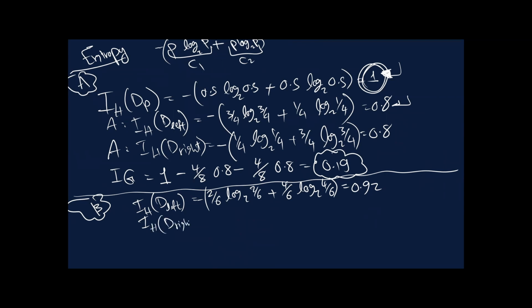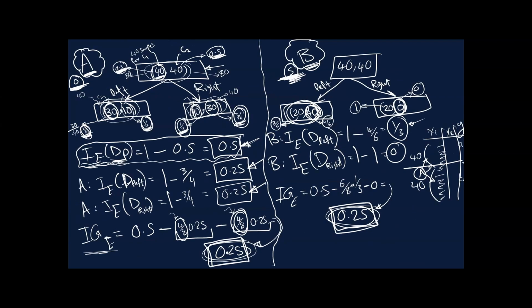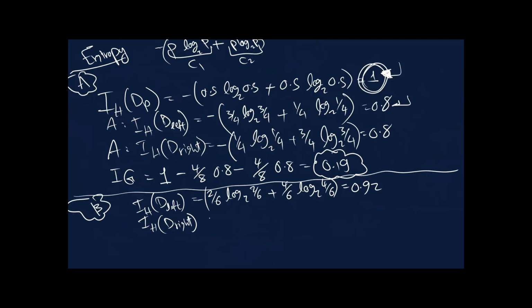So that's the right. When we calculate the log of 1, the log of 1 will give us a 0 as well. So this whole part will give us a 0. Okay, you can calculate it one by one and add them, but it will give you 0 anyway, because this part is 0 log 0, and this one 1 log 1, which is also 0. Okay, so the final information gain will be 1 minus,